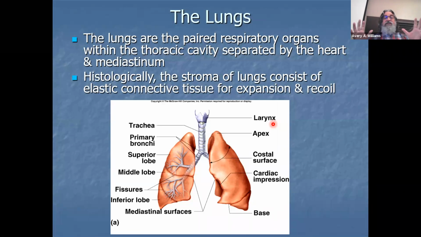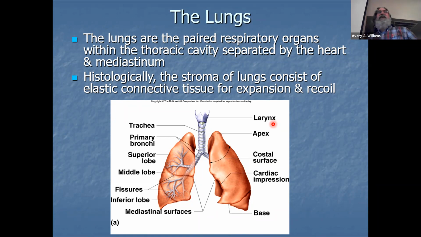Okay, histologically, the lungs have a stroma. The stroma consists of elastic connective tissue for expansion and control. Remember, we have the terms stroma and parenchyma. Remember I told you about that? I said parenchyma is the functional tissue of organs, and the stroma, well, you think you're functional, you must have non-functional. Well,